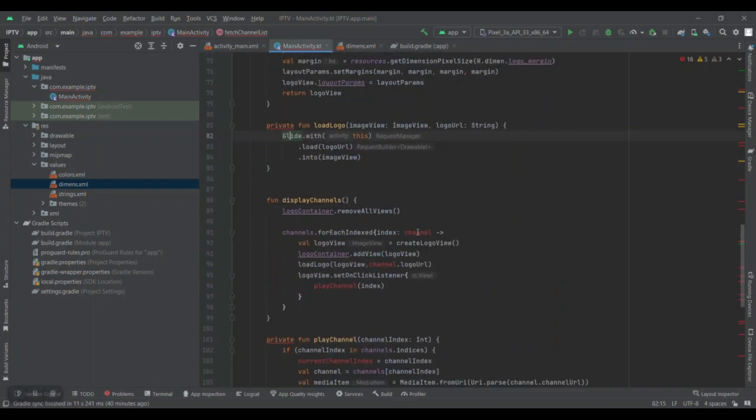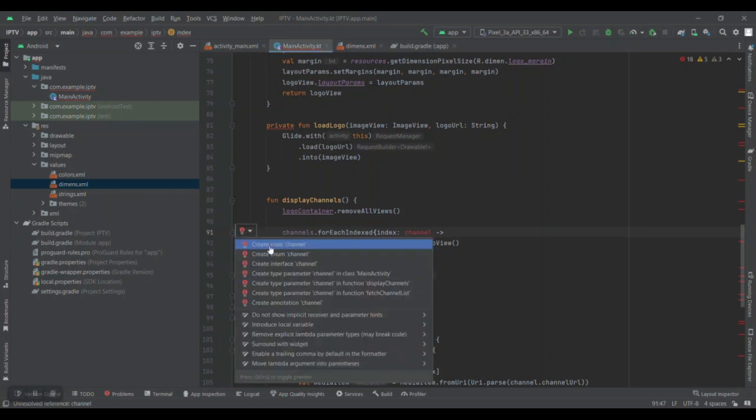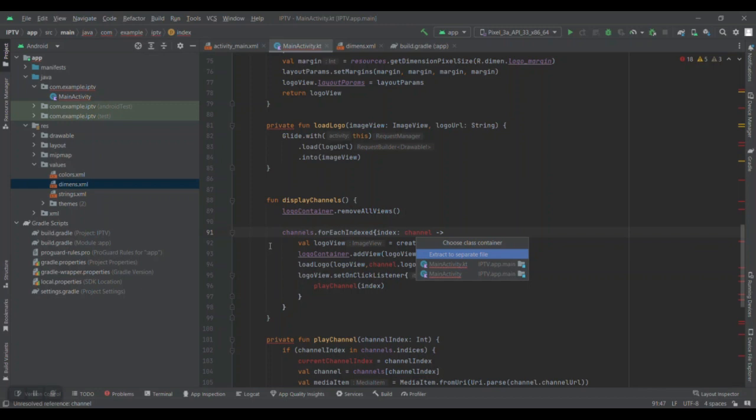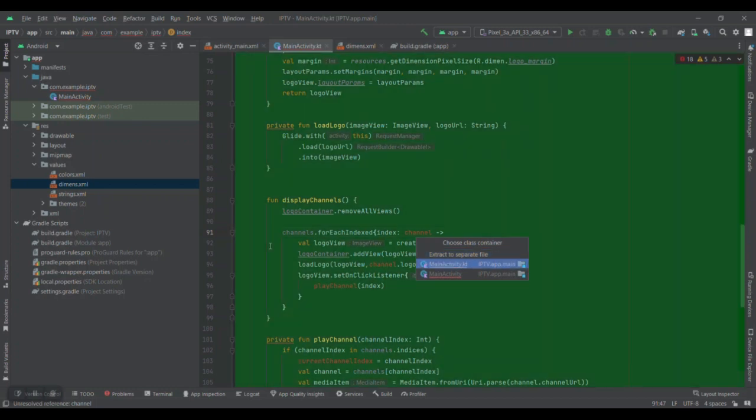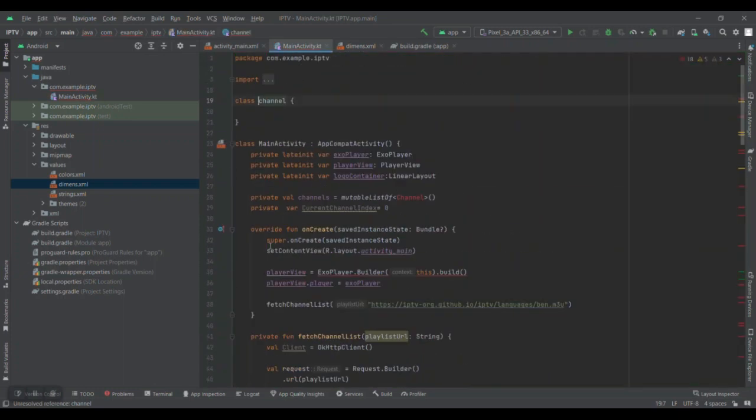Now there is still this class missing, create class channel, right? So extract to separate file, or we can also use inside the main activity. So I'll choose main activity Kotlin, and here class channel. Okay, I'll just define it. Data class channel